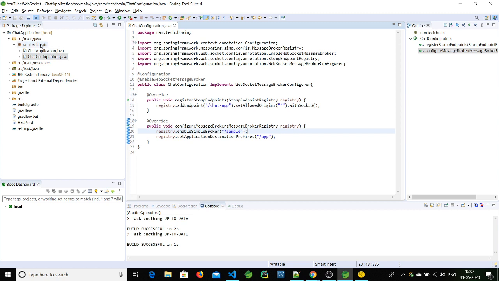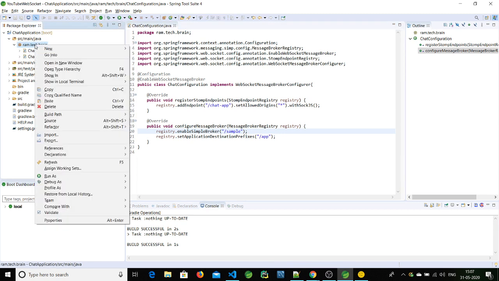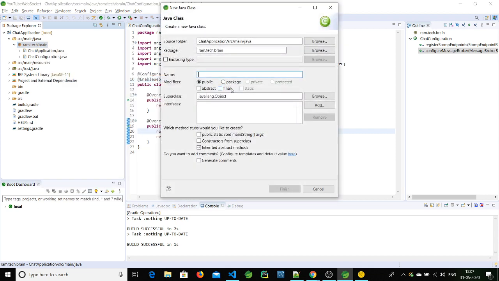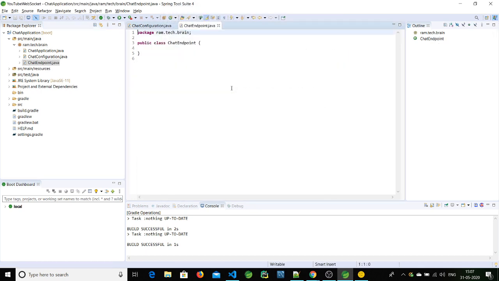Now we need to create one endpoint through which the user will send messages, and that is the chat endpoint. In this, let's make it a controller so that it will be exposed to service calls.